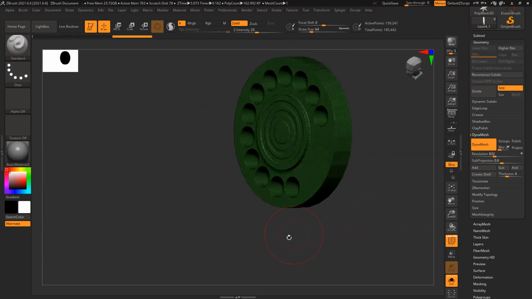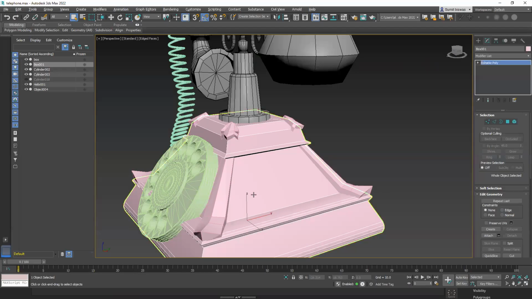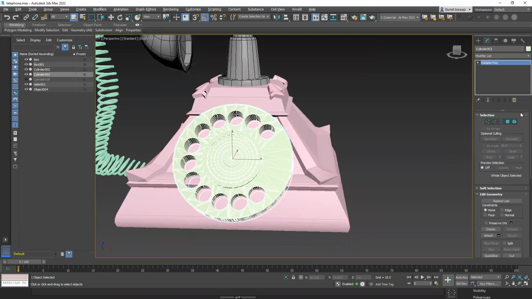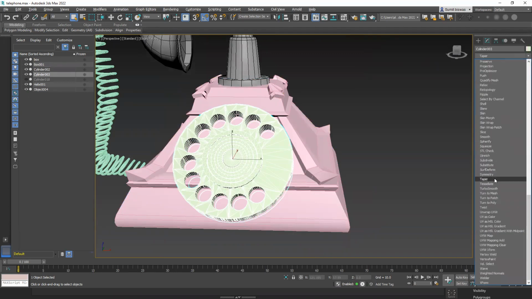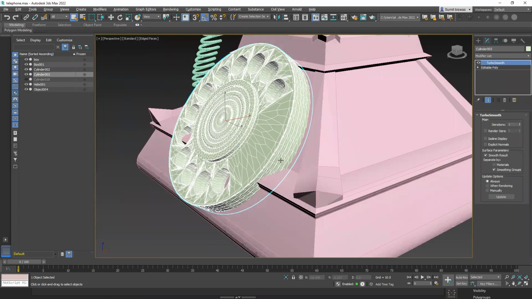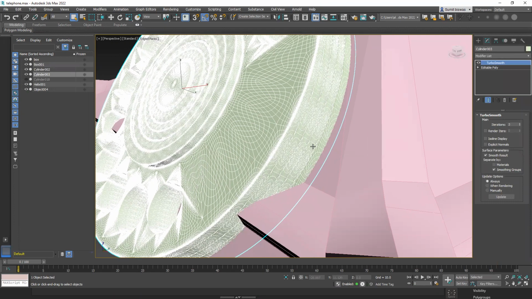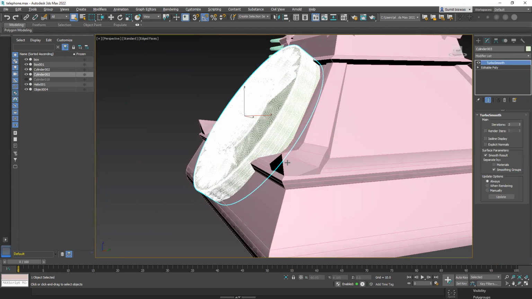Or one more thing I can do, that is, it's already triangulated. So what if I apply a turbo smooth directly here only? So it will retain all this shape. A little stronger.